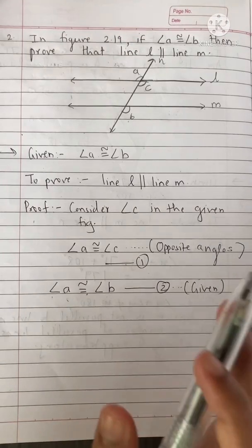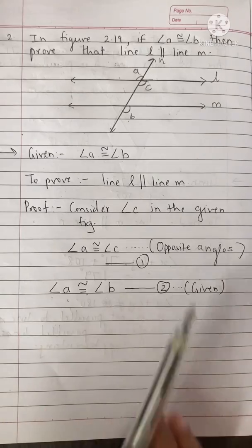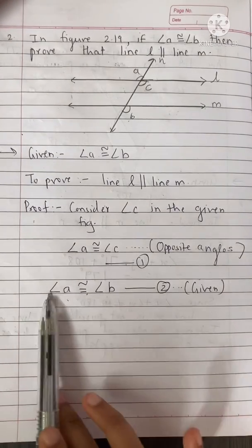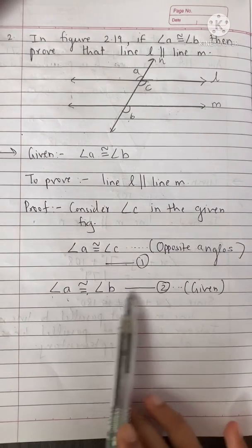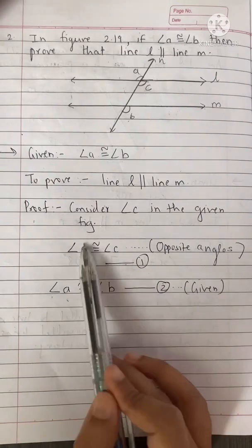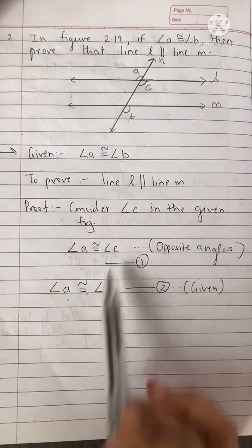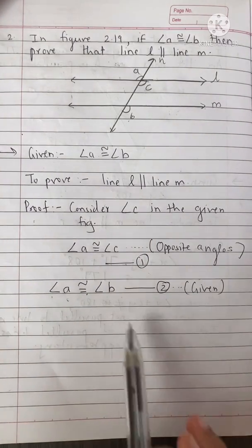Okay, we have not taken this assumption from heaven. It is already given, so we are not taking any blame. So angle A is equal to angle B. So from equation 1 and 2, what do we get? If the LHS of the equation is equal, angle A, then what will happen to the RHS? The RHS will also become congruent or equal.